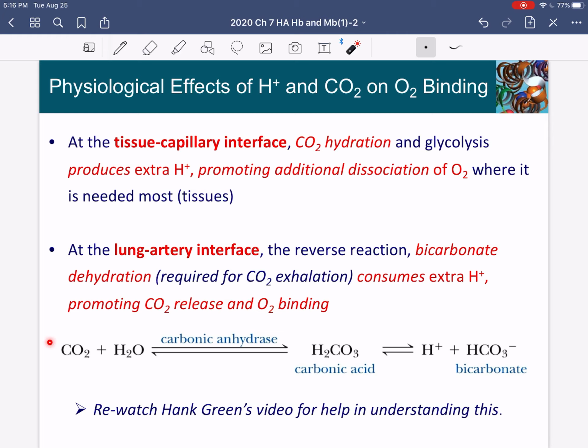Here's carbon dioxide, which is produced at the tissue capillary interface thanks to oxidative metabolism. Here's the water that's around that's dissolving the carbon dioxide. We're not carbonated. That would be a bad thing. Okay, so carbon dioxide is soluble in water, and thanks to carbonic anhydrase, gives you carbonic acid, which is soluble in water, and bicarbonate ion dissociates a proton. Okay, so this is a weak acid, and so part of it is dissociated like this, and some part of it is protonated like this.